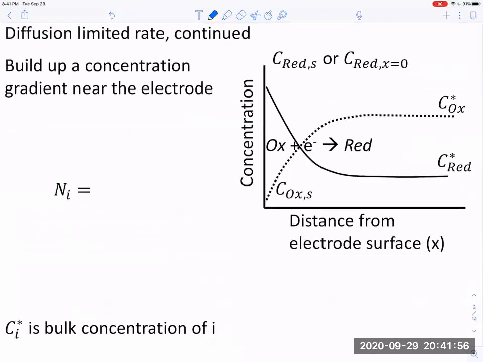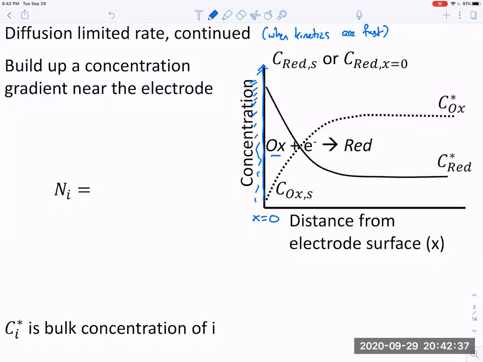So when we have a diffusion limited rate, this continues from some things we talked about in lecture 8. Basically what we're saying is when the reaction kinetics are fast, the rate is limited by diffusion rather than by the kinetics. What's going to happen is we have some electrode surface. What we're plotting here is the concentration on the y-axis, at x equals 0. You can visualize there's an electrode here, and once an